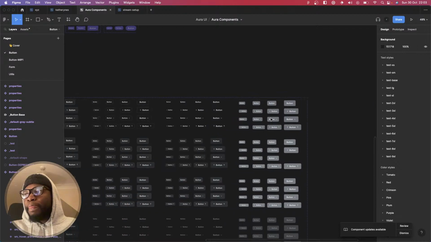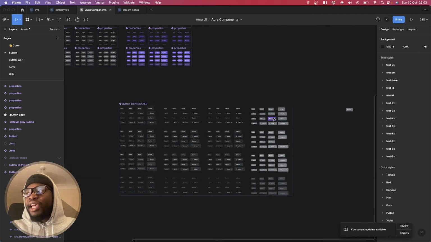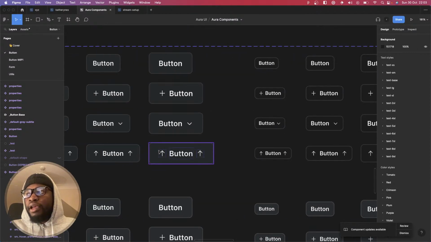But say we want to now introduce some different shapes, right? Like we want to introduce,